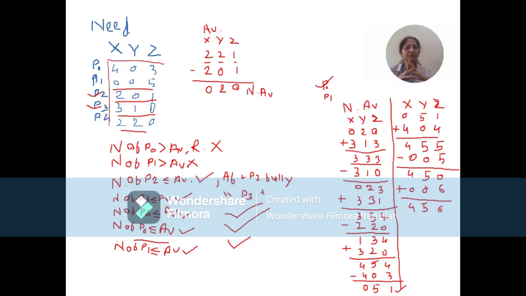Now the last thing that we have to do is write the safe state sequence. You will write the sentence saying that the safe state sequence is, and then you will write the sequence. Which is the first process? First we allocated to P2, next P3, then P4, then P0 and P1. So the safe state sequence for the given problem is P2, P3, P4, P0, P1. So our system is in a safe state.